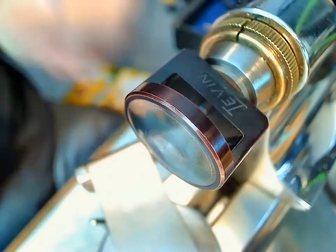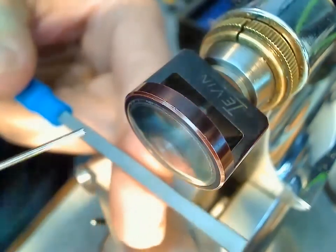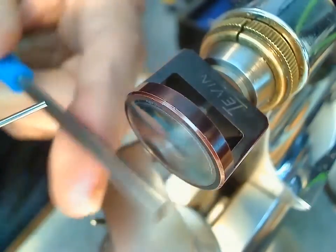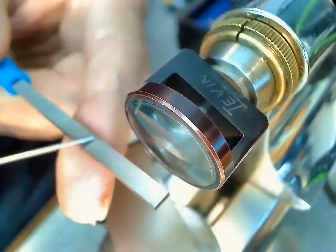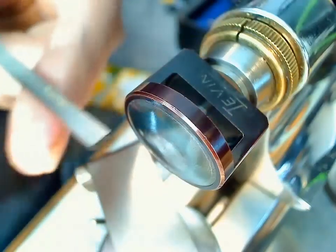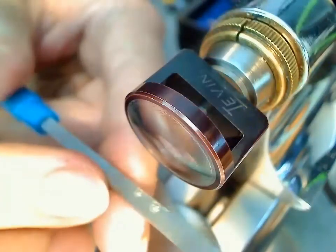So you don't want to burnish anything without the oil. And the pivot's sticking out, and I could probably use the flat side of the burnishing tool, like the 90-degree angled side, because I'm not too worried about the balance staff, and as it progressively slopes outward. So I'm going to spin this thing,